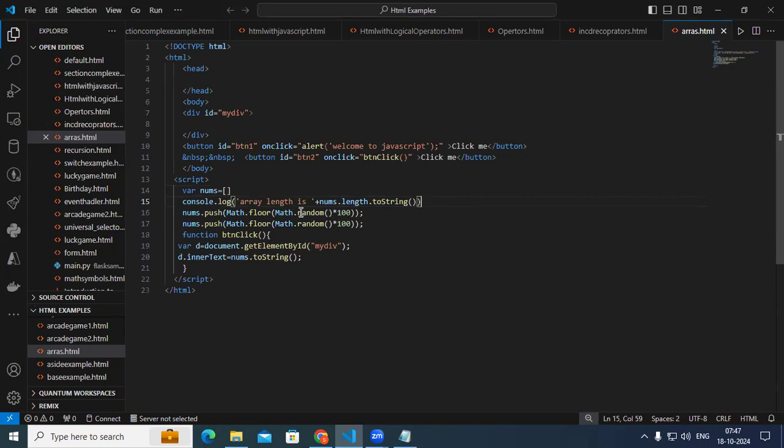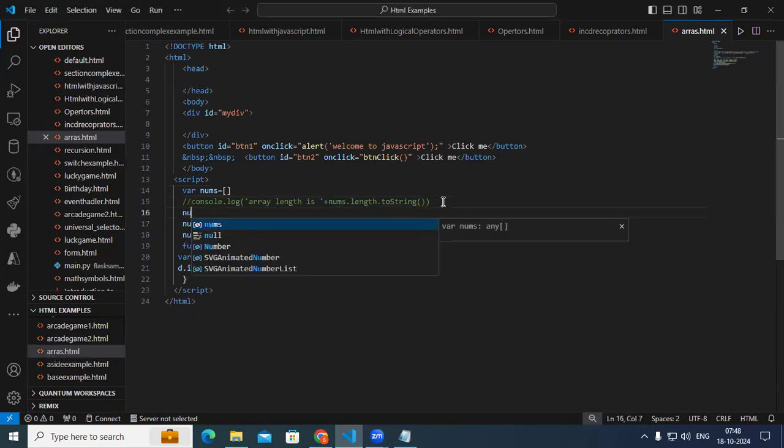Instead of using this concatenation, where I'm concatenating one string with another string, how can I overcome it? I can use template strings. What delimiters do we have to use in a template string? I need to use the backtick. So just write here